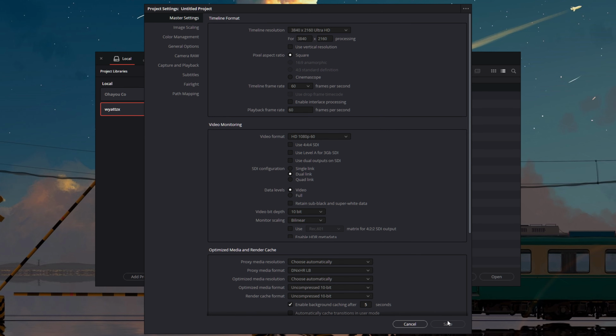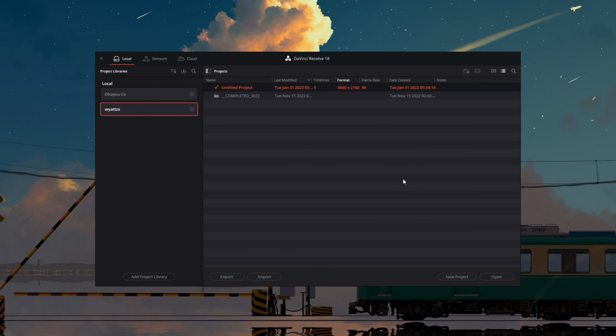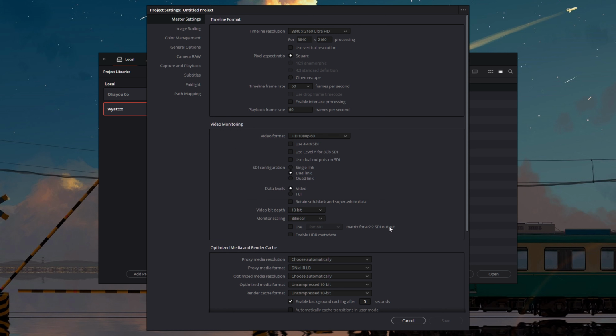Now we can click save, of course, but that's not going to make it the default. That's only going to change it for this one project. If we come into project settings again though, come up to the 3-dot menu at the top right, we can click on set current settings as default preset. Once we update the default preset, it'll now use these settings anytime we go to make a new project with the untitled project. And if you don't change anything in this list, you don't need to click save again.